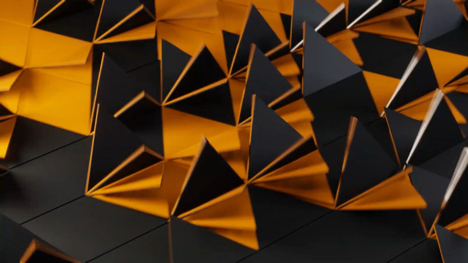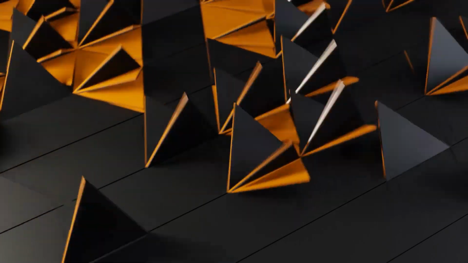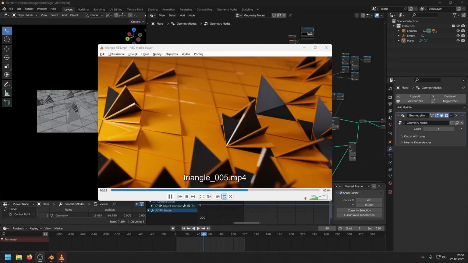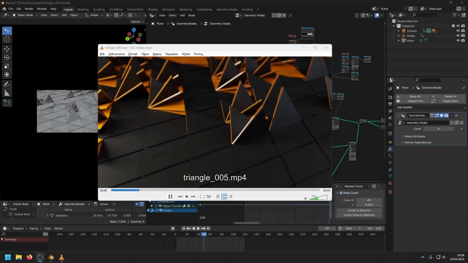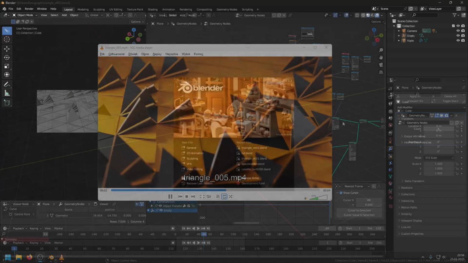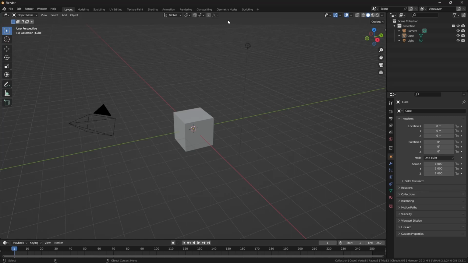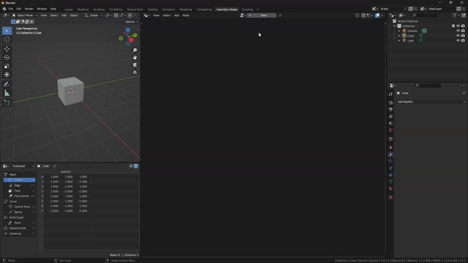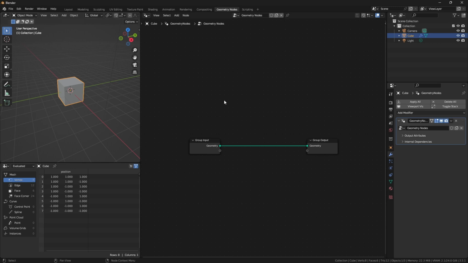Hey, today I have for you another animation effect using geometry nodes. The effect is inspired by an old tutorial for Cinema4D created by A. Dyson. So, as always, switch to geometry nodes and let's